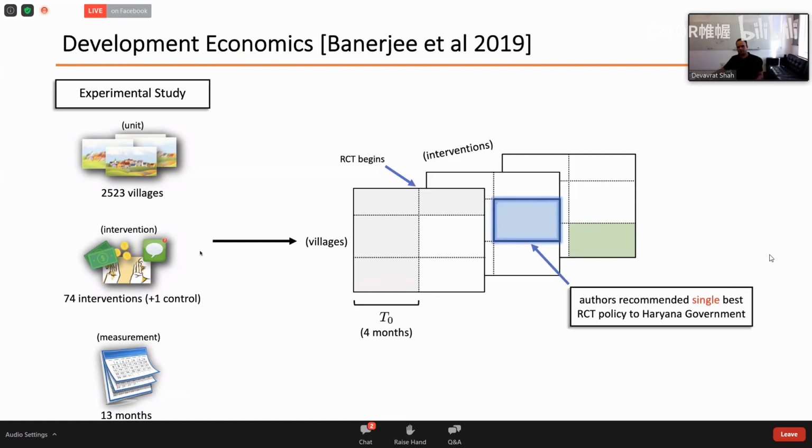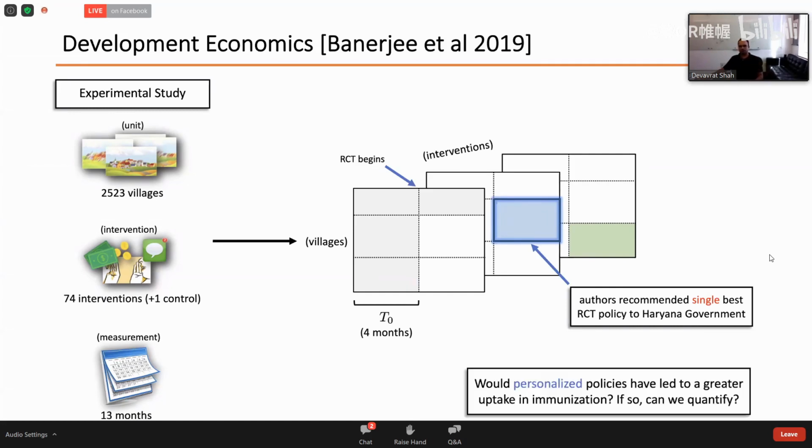Okay. Now, of course, given the way they had set it up, it was a single randomized control. So their suggestion was that let's come up with one policy for all villages. But given the data is perfectly suited for our setup, we asked the question, can we use the data that's already there and use it to extrapolate what would happen to different villages under different interventions, and then come up with a personalized recommendation for each village separately, because villages are heterogeneous, and so different villages will have different effects under different interventions.